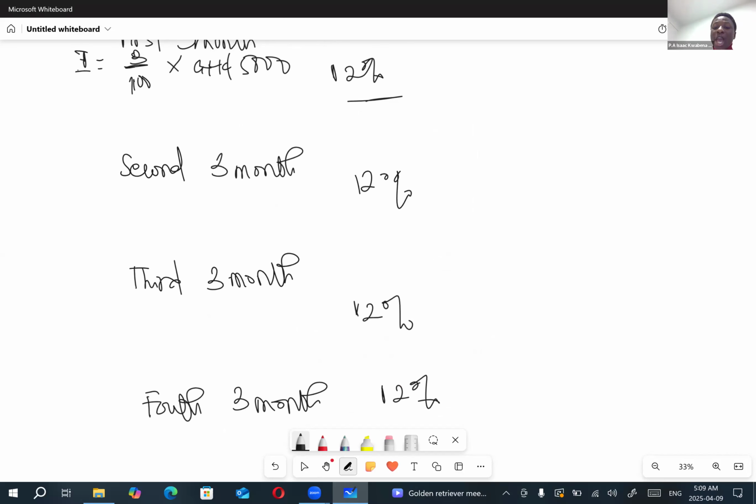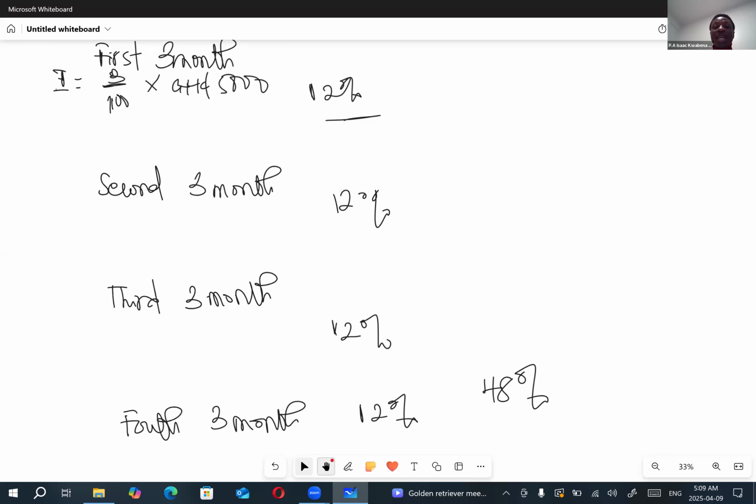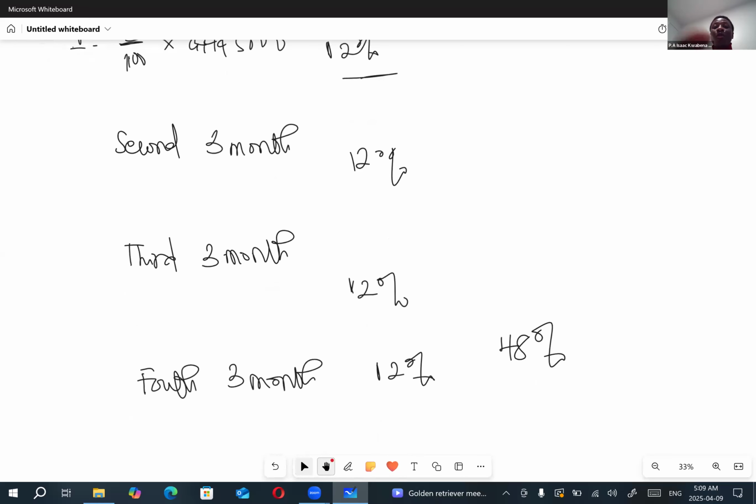Meaning for a full year, you are using an interest of 48% too. The bank is not for you, my dear. You only brought 5,000 to come and save with us. Do you understand? The bank told you the interest they are going to give you is 12% for a full